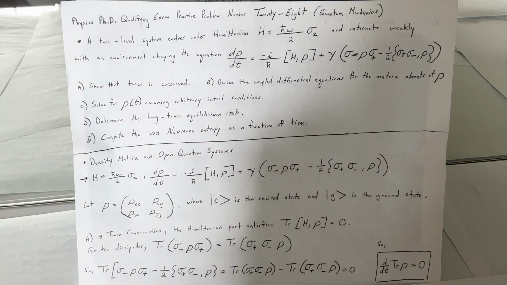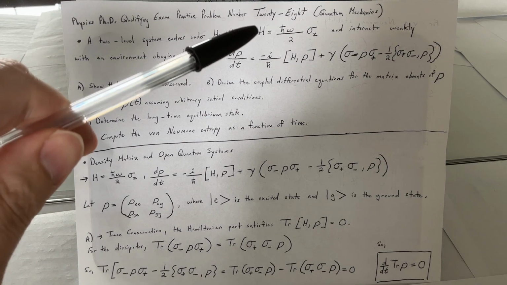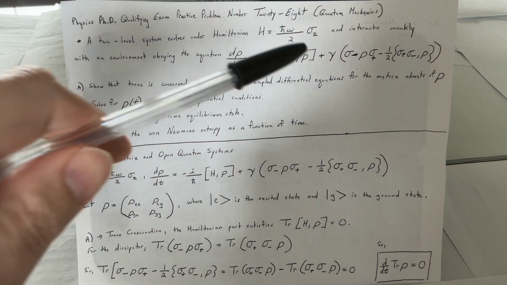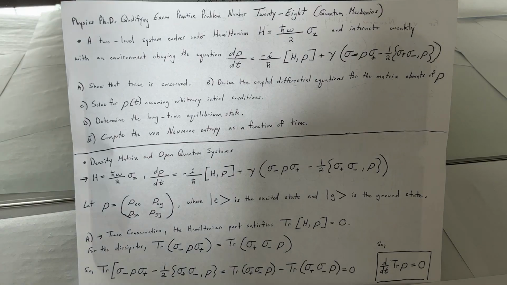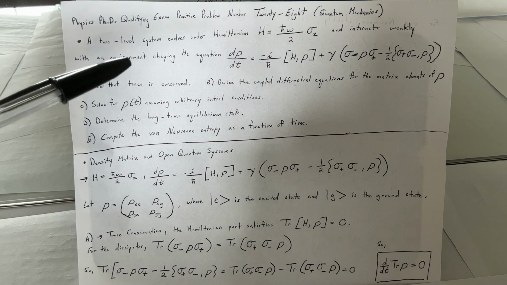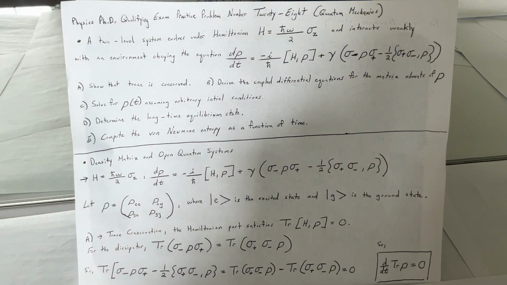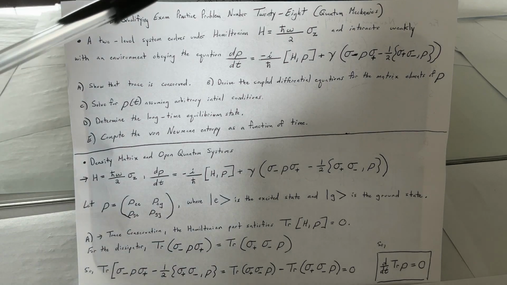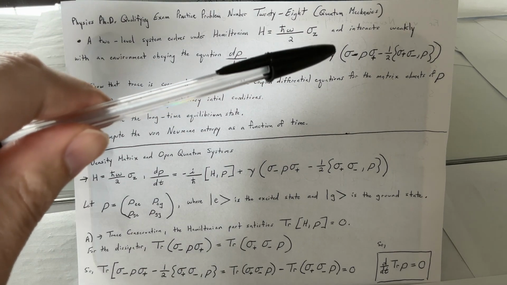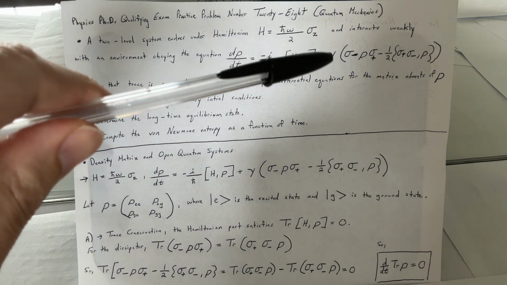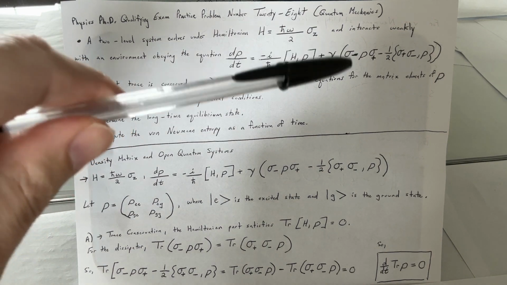So we have physics Ph.D. qualifying exam practice problem number 28, quantum mechanics domain. So let's begin. A two-level system evolves under the Hamiltonian H equals h bar omega over 2, sigma sub z. That's the Pauli z, and interacts weakly with an environment obeying the equation d rho dt equals negative i over h bar, a commutator of H and rho, plus gamma, and then we have parentheses sigma minus rho